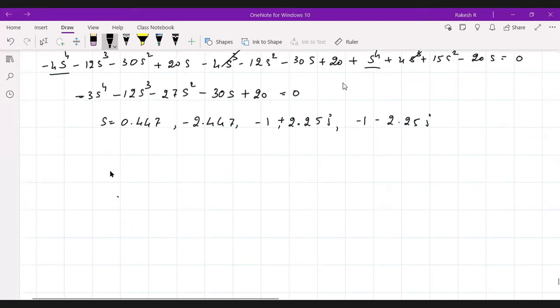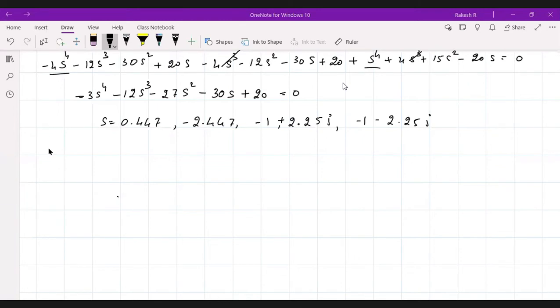So first we find one root by the hit and trial method, then we divide that factor out. Just like if you get 0.447, then we get s minus 0.447, divide that equation, and we get a cubic, then we find the roots through the calculator, sir. Okay, your friend's method is a little bit complicated. I need to see how he is doing it. Just show it to your friends. I think that might be easy.